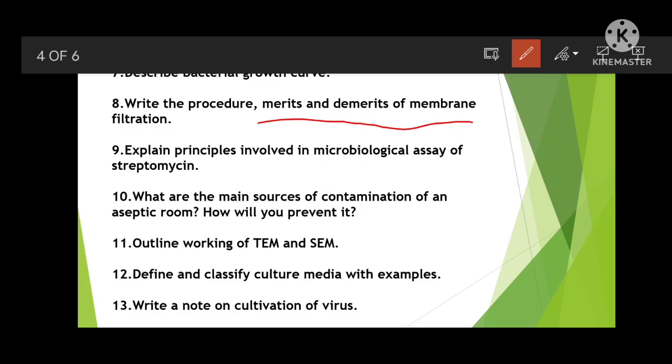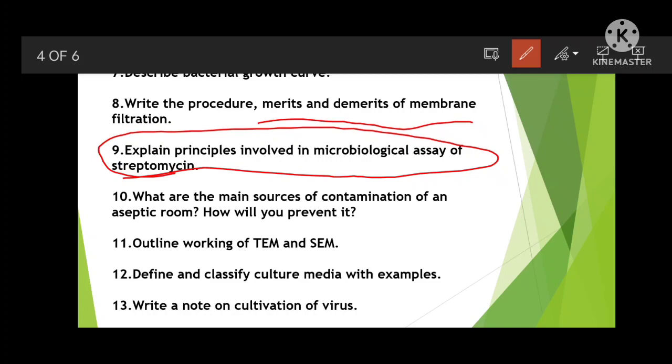The 9th one: explain the principle involved in the microbial assay of streptomycin. Sometimes they will ask directly streptomycin, sometimes they will ask antibiotic. Both have the same answer, any antibiotic. You take amoxicillin, streptomycin, or cephalosporin, everything; for all of them the microbial assay is the same, antibiotic. But if they ask for vitamins, vitamin B6, B12, any type of vitamin, you have to write the vitamin